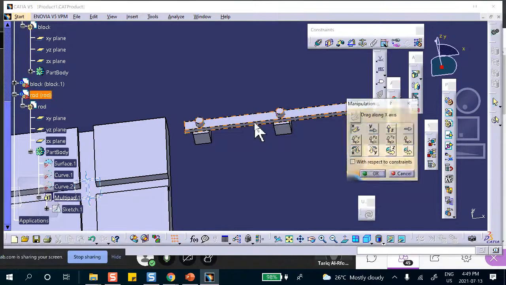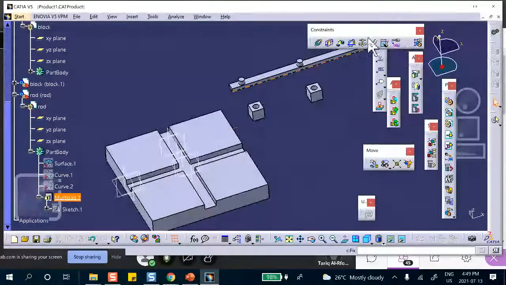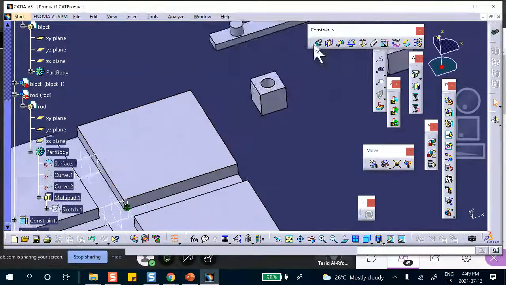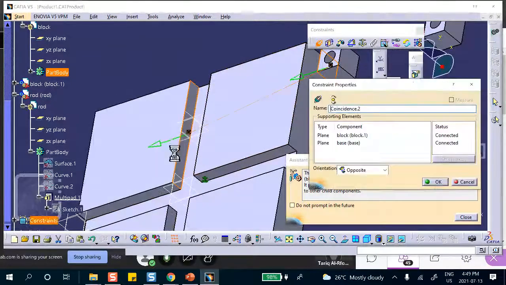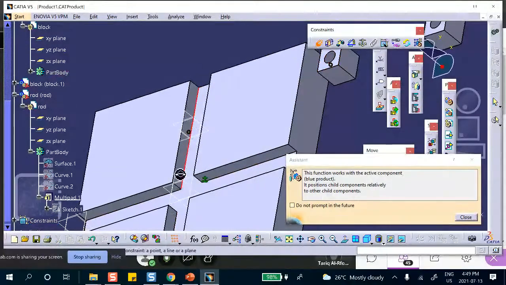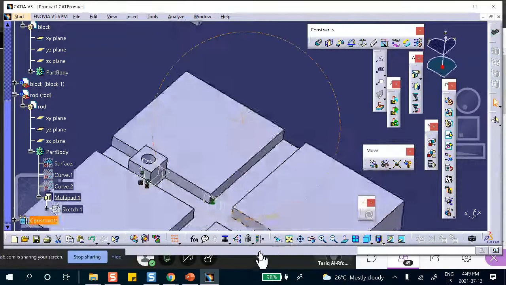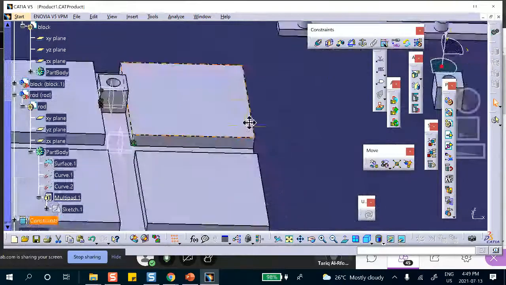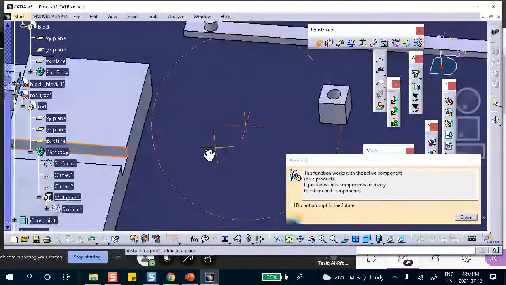Okay, let's move these and put the constraints in there. So let me move this thing like that. All right. First of all, we're going to anchor the base and then put these blocks inside of that track. So coincidence between, for example, this face and that face, and coincidence between this edge and that edge, and update. It's going to jump in there. Let's put this other guy in the other track. So coincidence between this face and